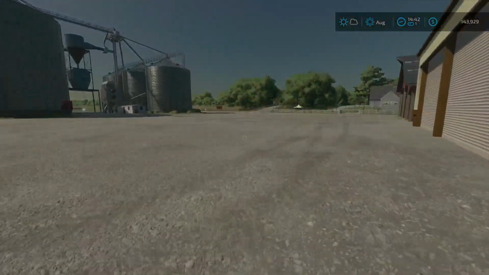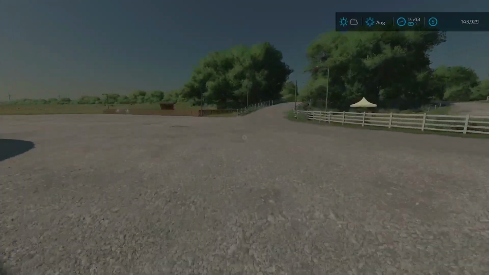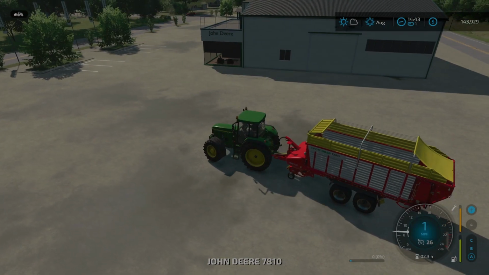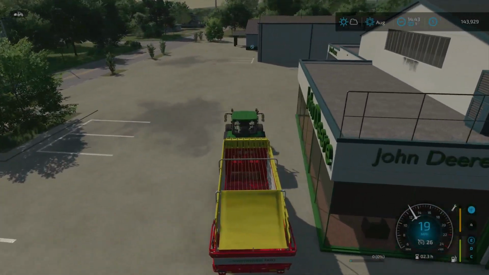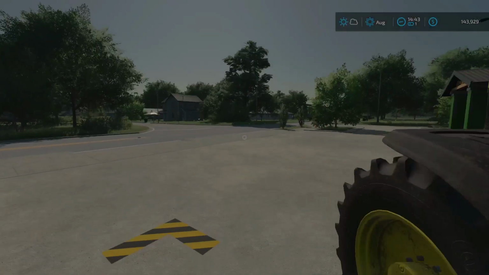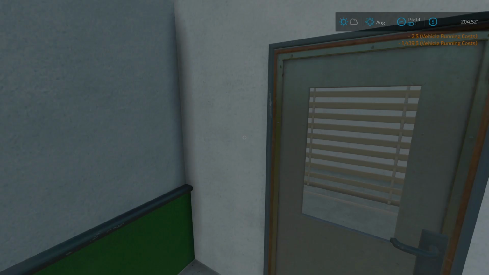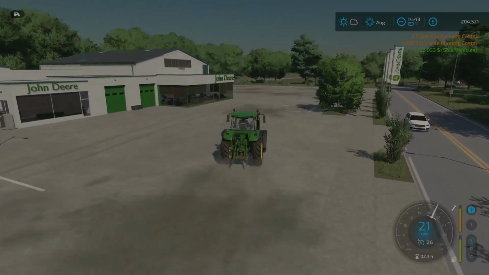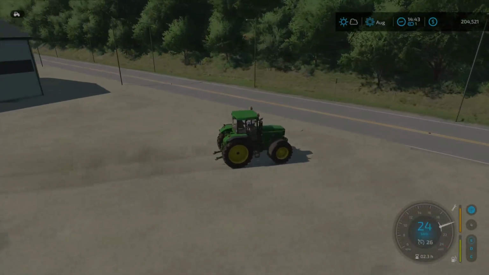Perfect. Alright, now I'm gonna run up to the shop real quick and get rid of that forage wagon, because I don't need it anymore. We'll see you up there. Alright. So now we're just gonna go ahead and sell the forage wagon right here. Perfect. Alright, let's get this tractor back up to the farm, and that way we can use it to start tedding. But in the meantime, while we're waiting for it to get there,